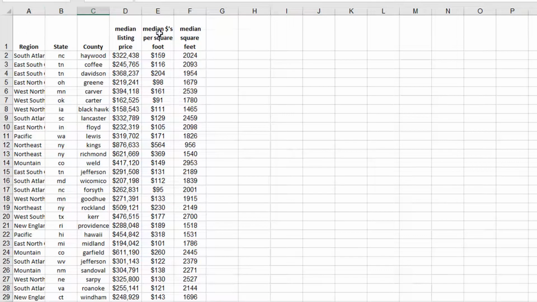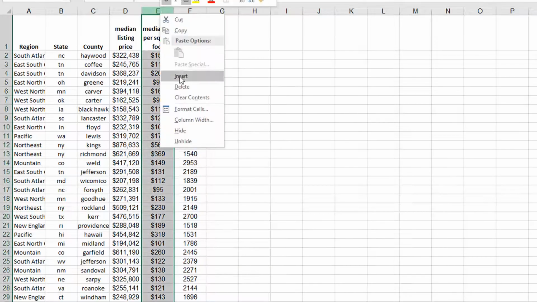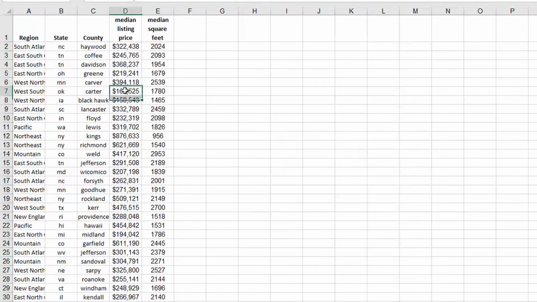Now I don't care about the median cost per square foot, so I'm going to delete this column. I don't need it. And now let's talk about the variables. We're talking about median listing price and median square foot. When we're doing a regression like this, we have one variable we're using to predict and one variable that we are trying to predict. We're using the median square feet as a predictor, and median listing price is our response